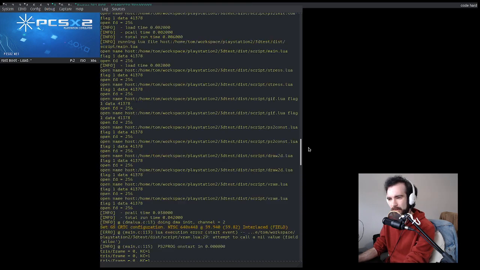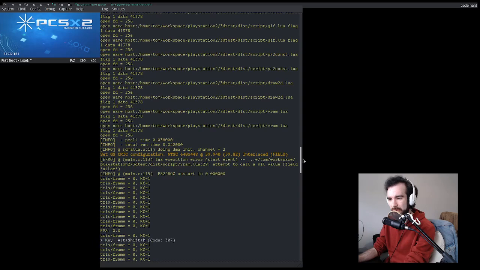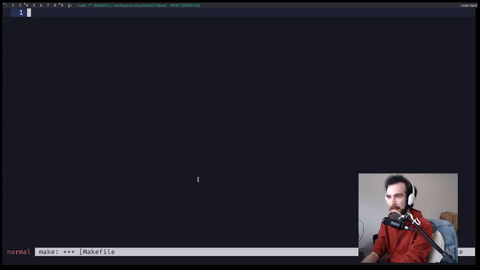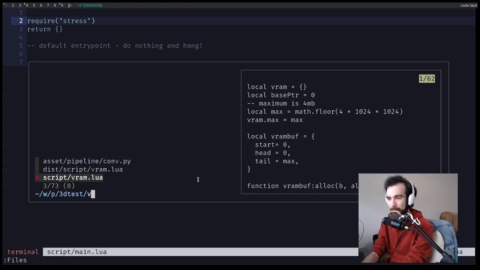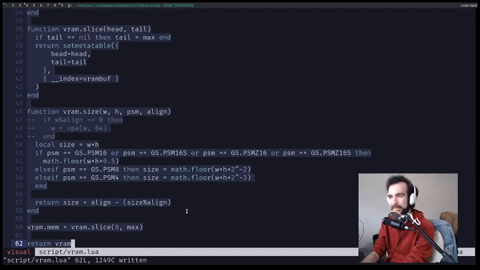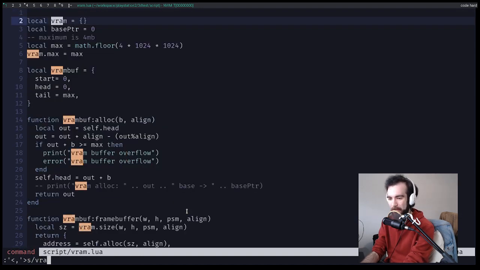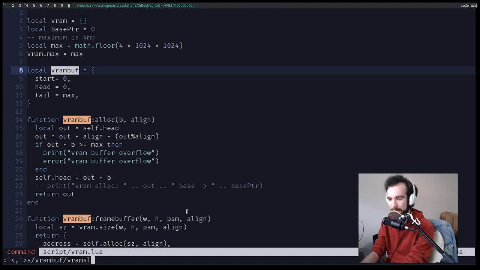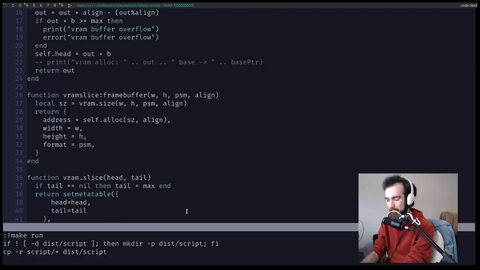Ooh. Oh dear. Okay, something went bad. Attempted to call a nil value field alloc. Which alloc did I try and call here? Aha, yes. So this is actually now self.alloc, right? Where we're calling this within our VRAM. I should call this VRAM slice. Okay. Here, this is settling in. VRAM buff, you are now VRAM slice. Now if I run,